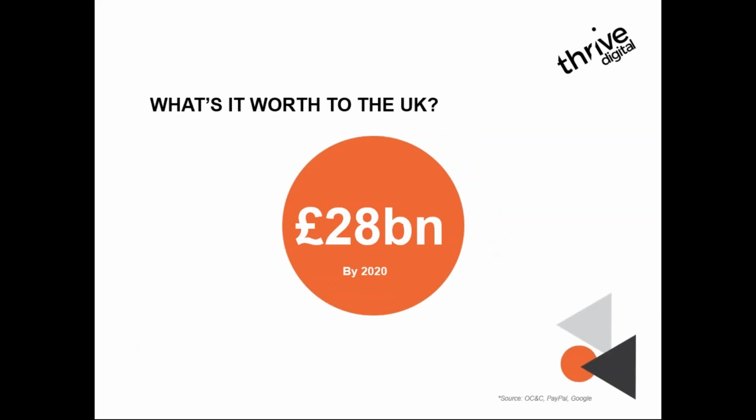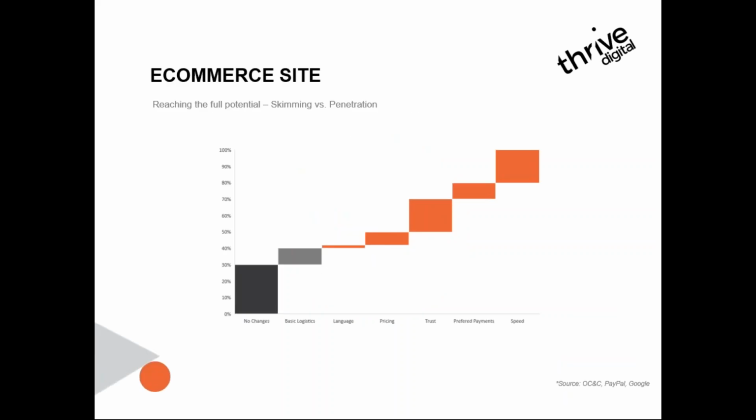If we move on to the next slide, this is what the clever people at OC&C, PayPal, and Google think it will be worth to UK businesses by 2020. That is international e-commerce trade to UK businesses. That's an awful big number, and it will be good to get a slice of the pie. So if we move to the next slide,